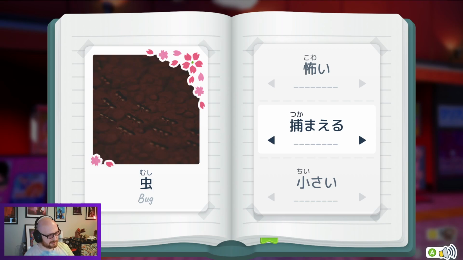I never got this. This always seemed a bit macabre to me. It's just catching bugs just to like collect them. I don't know. It's always a bit weird to me. But